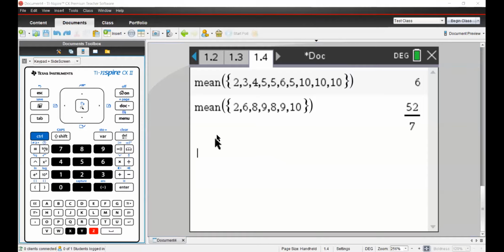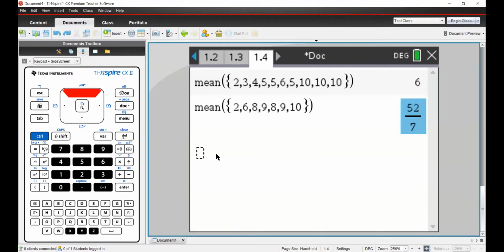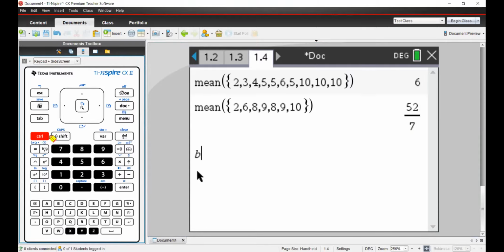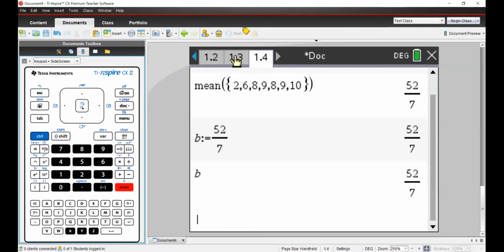How do I save my previous answer into a variable? If you want to save, let's say, 5/7, you just name it anything, B. Press control, go to that option, and hit enter. It says now B is going to save as 5/7. Hit enter, it is saved, it is B. This is how you can save.